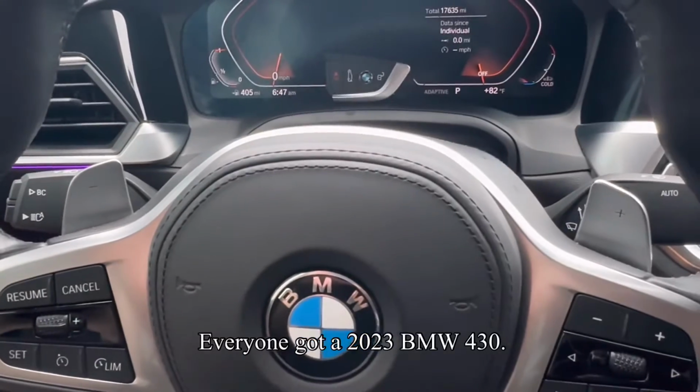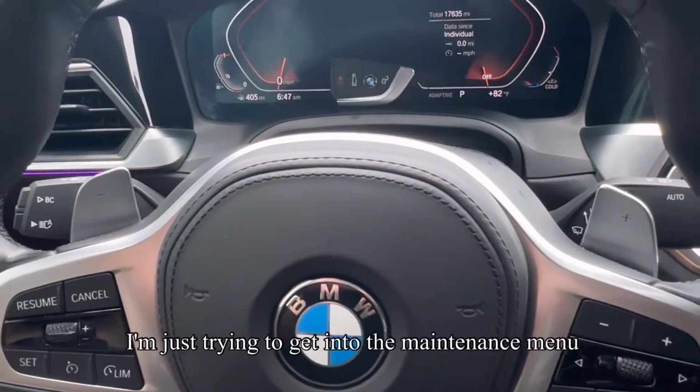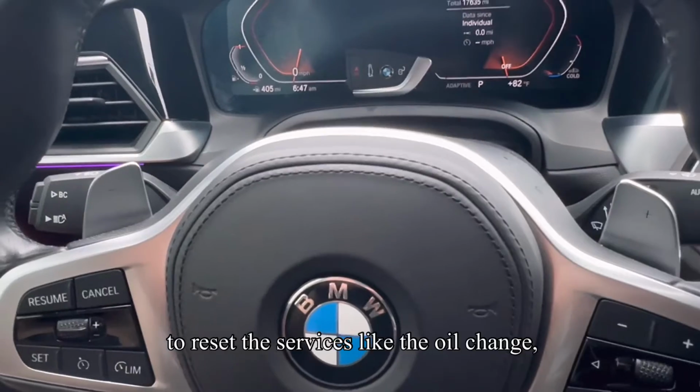Everyone, got a 2023 BMW 430. I'm going to show you how to get into the maintenance menu to reset the services like the oil change,